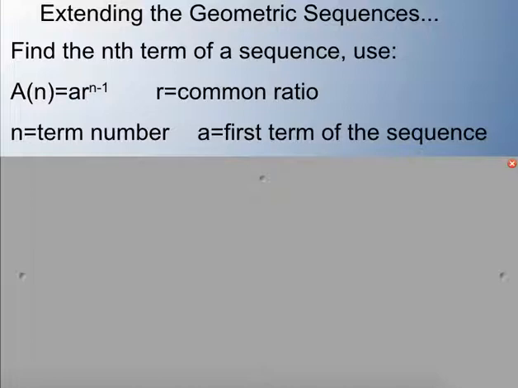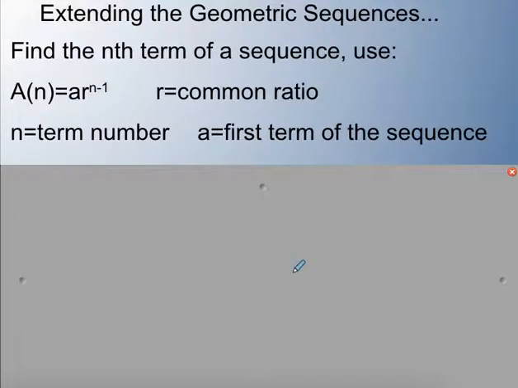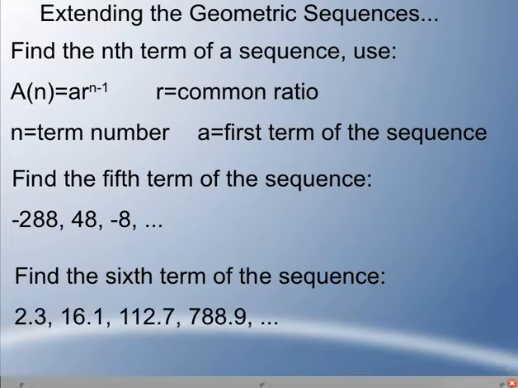All right. Now, last few examples here, we're going to look at a couple of different ones. You can try these two on your own. If the first term is 1/8, then the ratio is 4. Find the 8th term. Find the 12th term in this sequence. So generate that formula by finding the ratio and then plugging in to find the 12th term. Let's try